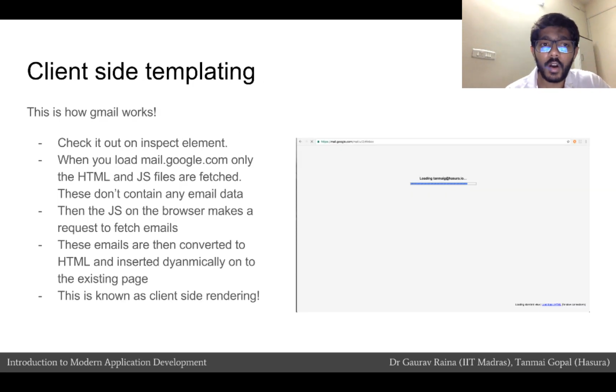This activity of templating on the browser, where I use the word templating to refer to converting data into HTML, which was an activity that we usually did on the server, is called client-side templating, and this is how all of Gmail works. And in fact, if you open up inspect element when Gmail is loading, you'll see that when you load mail.google.com, only a blank page with a kind of loading bar loads, and the JS files load and the CSS files load, and the